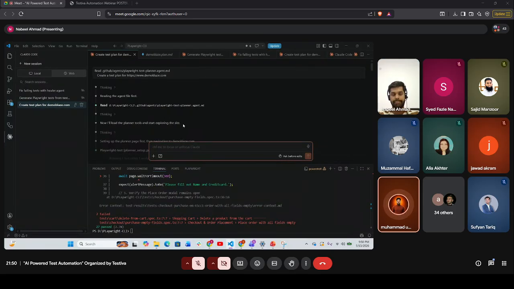For example, recently I worked with an admin panel used for fleet management. In that, I provided page object models separately and gave a specific prompt to do a specific test suite, not all.